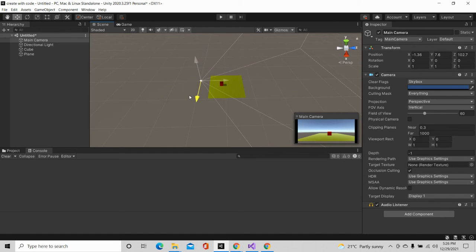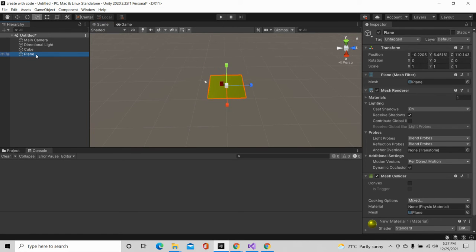You can see in the main camera. So now you can actually see. Let's just use the move tool in order to focus on the cube. Now in the game tab, you can see the scene. What you have to do is double click on the plane. I want to increase its length, so you can increase it by just dragging like this. We have made a very big plane. We have expanded the plane along the Z axis.